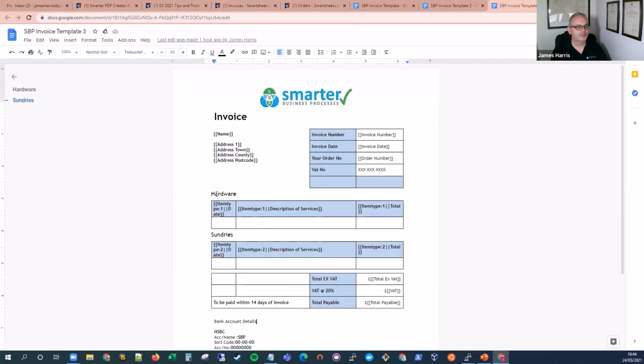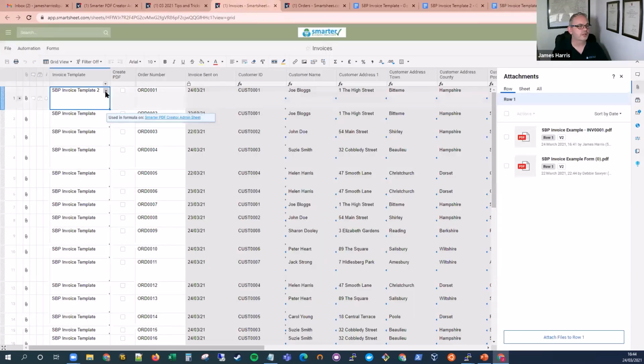The third one is just to give you an example to show you how we can categorize and split data up. We've decided here to split this into hardware and sundries. Hardware is printers and photocopiers in this case. So if you have got any printers and photocopiers, they'll go in that list, and then everything else will go underneath. So if I go back to my